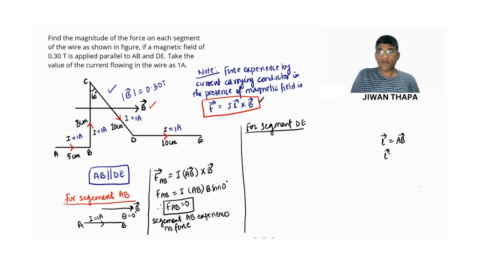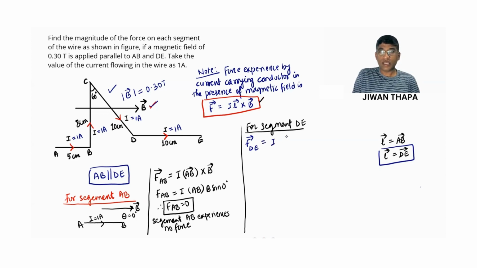So we have vector L equals, we can write in this way, vector DE for segment DE. So the force experienced by segment DE in the presence of magnetic field B,